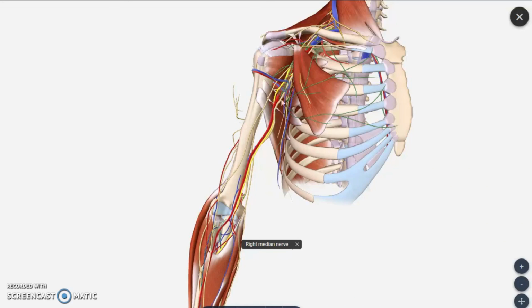Then in the middle it is crossing, going behind the brachial artery and reaching the medial aspect. So in the lower part of the arm it is all over present in the medial aspect of the brachial artery, and then it is going to reach the anterior aspect of the elbow joint. So these are the two important structures you have to remember in the arm region. One is the brachial artery and another one is the median nerve.